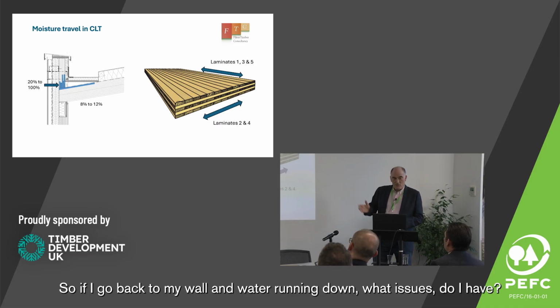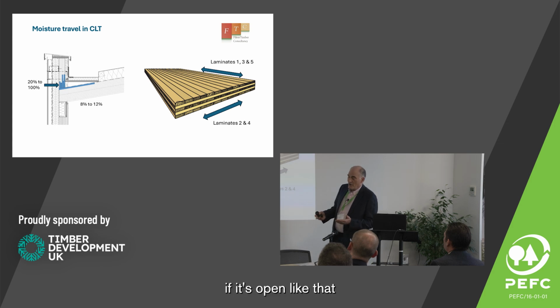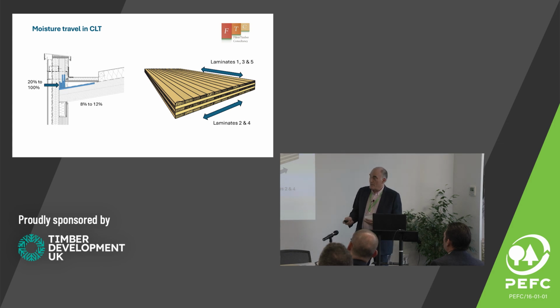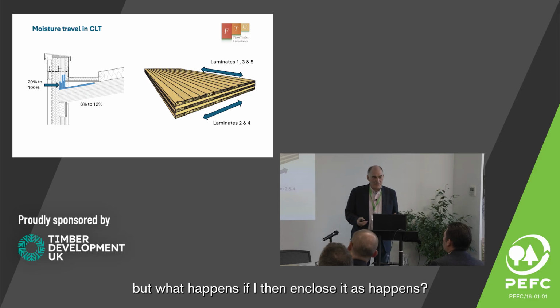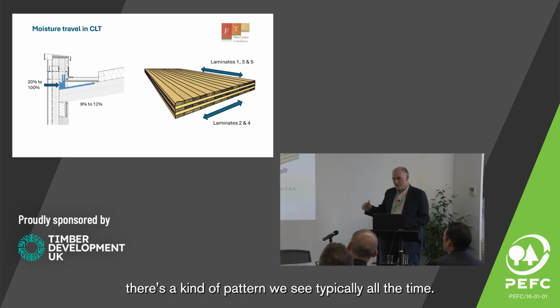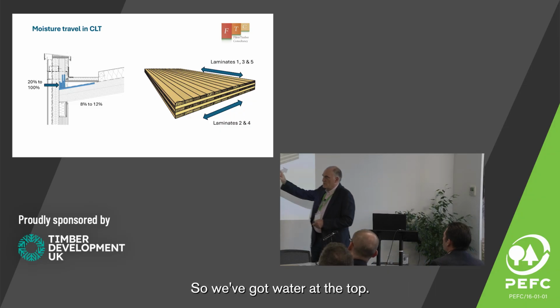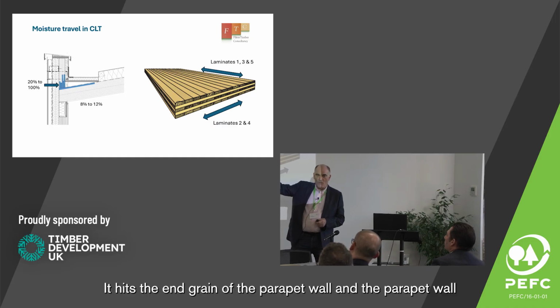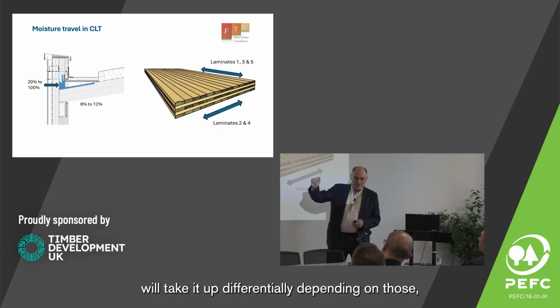So if I go back to my wall, my water running down, what issues do I have? If it's open like that and it's able to drain or able to ventilate, it might be okay. But what happens if I then enclose it, as happens, and the kind of pattern we see typically all the time? We've got water at the top, it hits the end grain of the parapet wall, and the parapet wall will take it up differentially depending on